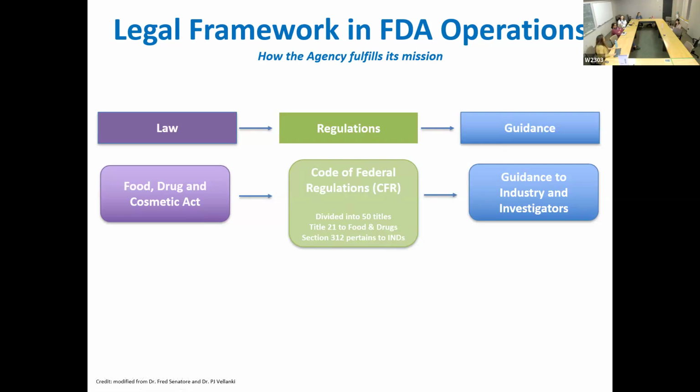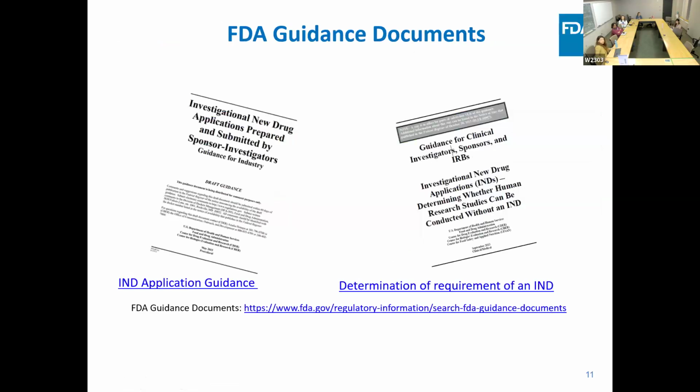And I think guidances are really important, and these are publicly searchable. So here's an example of two. If you ever have something related to drug development that you're interested in, like what is the FDA's viewpoint on development of drugs for disease, like an ophthalmologic therapy? Chances are there might be a guidance on it.